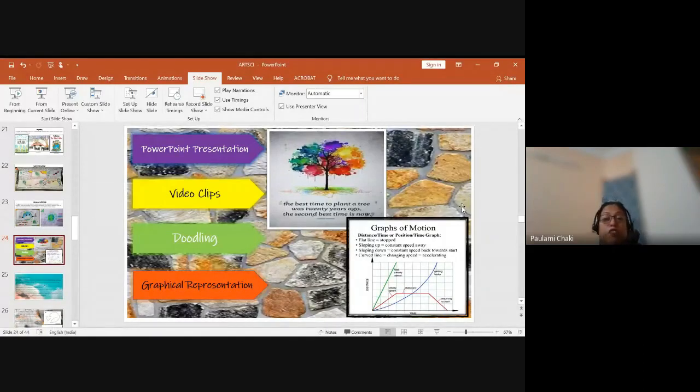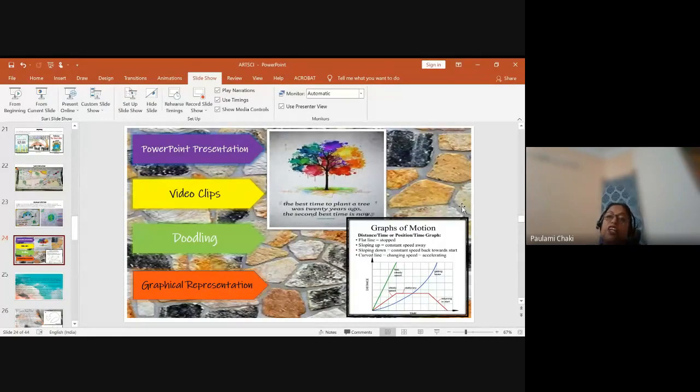Yes, doodling can be used as a good form of art. I remember in one of my classes, what I did was, I said, why do you love science? Or rather, why do you love to come to my classes? You have to doodle it and tell me. So doodling is another art form where they can express themselves. So doodling can be used in many concepts.